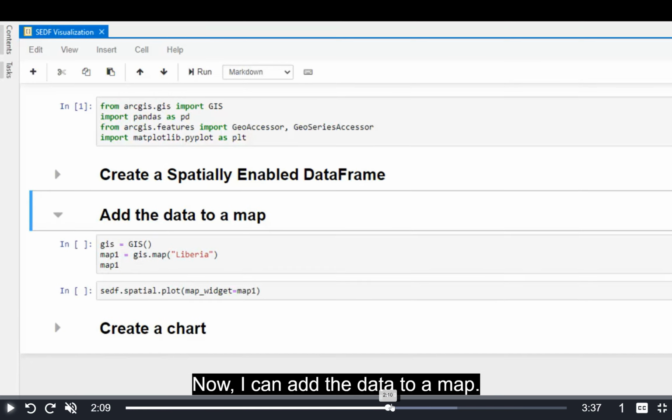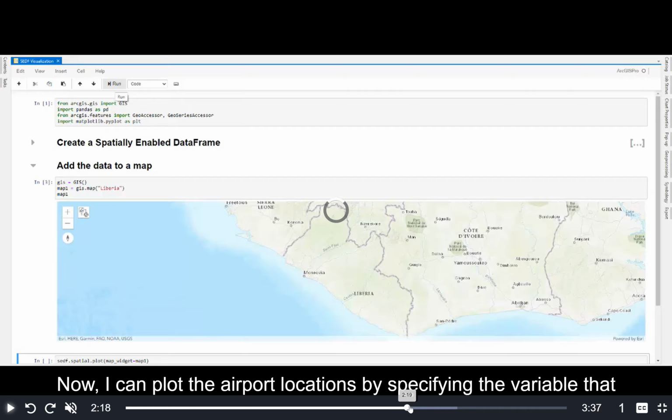you create one, and now you can add the data to the map. From GIS, map1 equals gis.map Liberia, and you plot map1 using the SEDF spatial plot, and call the map widget equals map1. Here's the map,